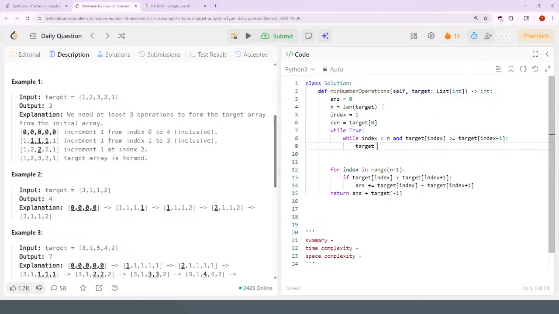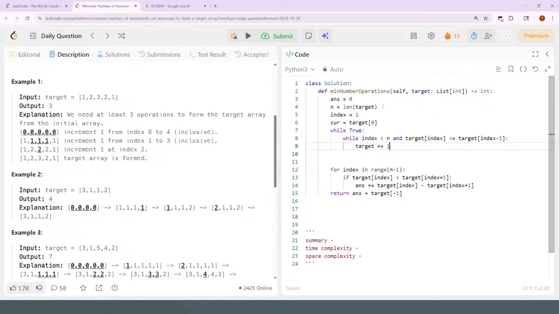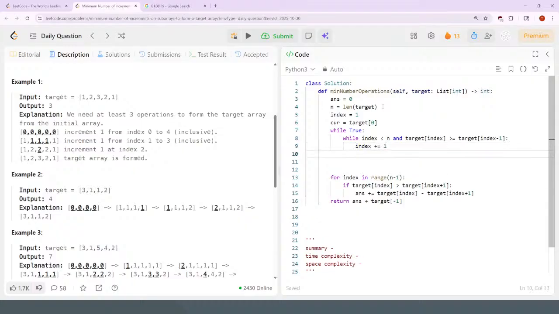Target plus equals, or sorry, not target, index plus equals 1. So then it reaches the point, selects 3. So it's looking at,